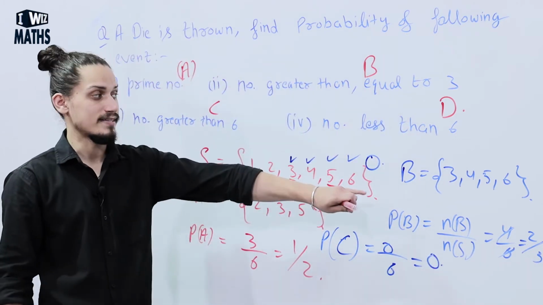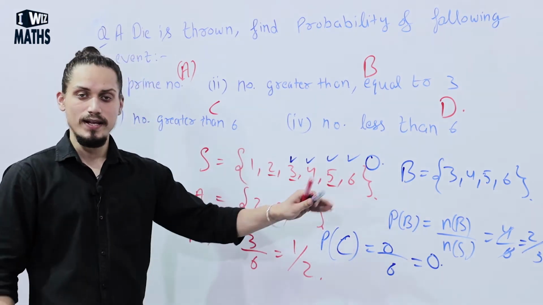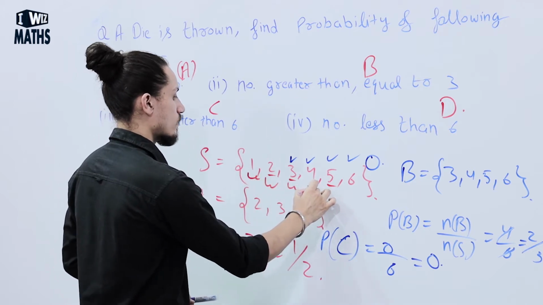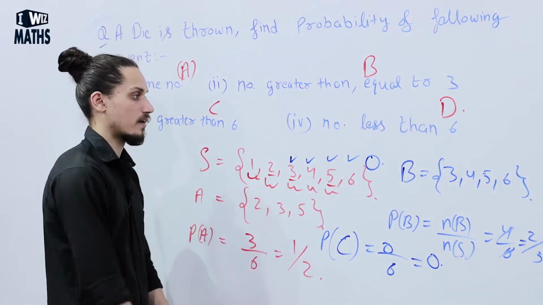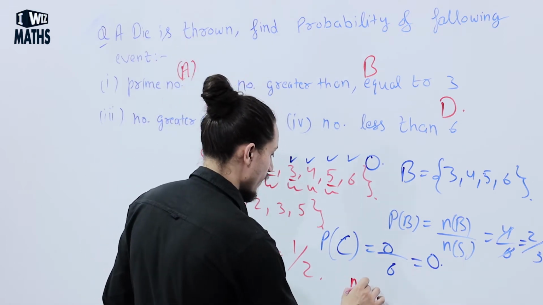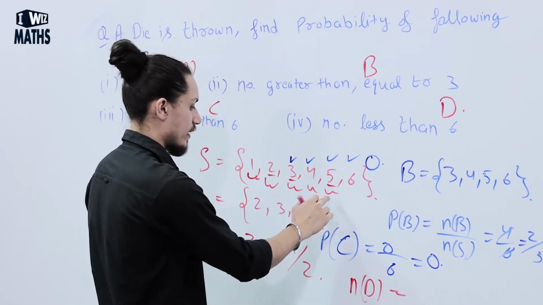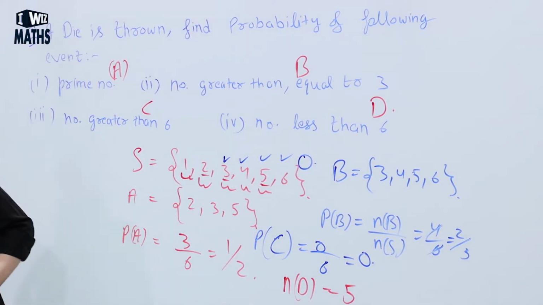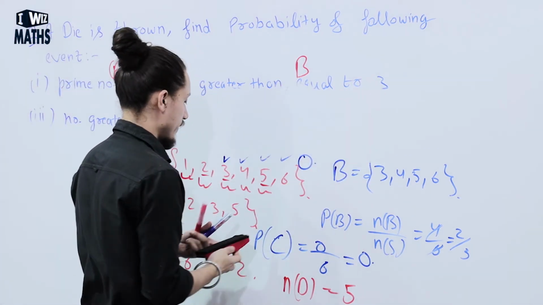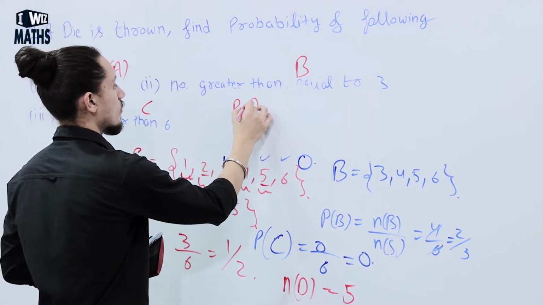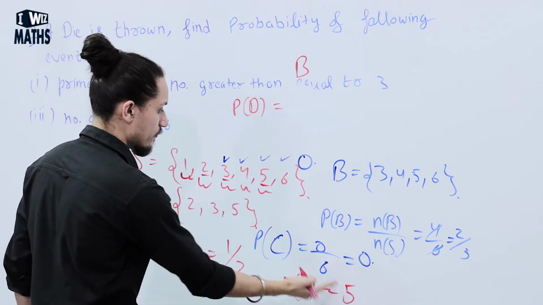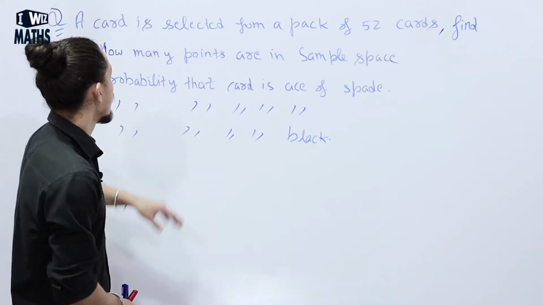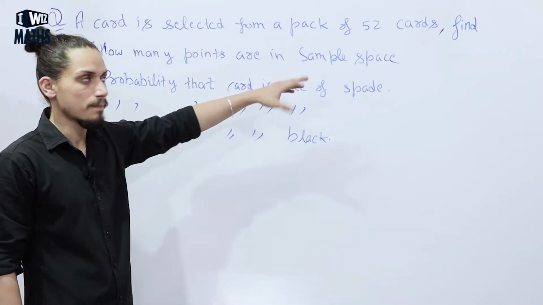Last is number less than 6. तो इसमें सिर्फ लेस देन 6 बोला है, लेस देन इक्वल टू 6 नहीं बोला. सो कौन कौन से एलिमेंट होंगे इसमें? 1, 2, 3, 4 एंड 5. 6 क्या हो जाएगा? एक्सक्लूड हो जाएगा. सो नंबर ऑफ एलिमेंट्स इन इवेंट डी आर 5 एलिमेंट्स एंड नंबर ऑफ एलिमेंट इन सैंपल स्पेस आर 6. सो प्रोबेबिलिटी फॉर इवेंट डी विल बी इक्वल टू, probability of D is equal to 5 divided by 6, and hence the result. Now in this example we are given a pack of 52 cards, okay, और हमें select करना